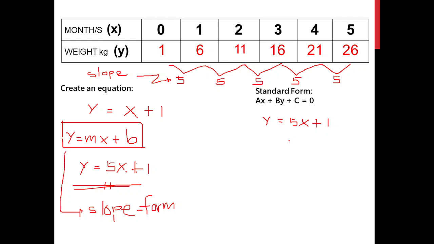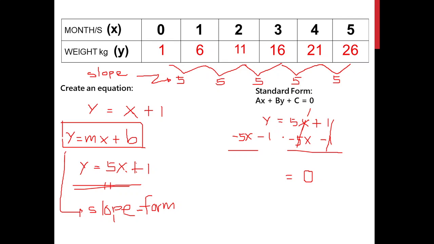So since 5x is positive, we'll add a negative 5x here. Since 1 is positive, let's add a negative 1 here. And what we do on the other side will also be doing in the other side of the equation. So let's add another negative 5x here and a negative 1. Then all we need to do is to add everything. Positive 5x and negative 5x will cancel out. That is equal to 0. Positive 1 and negative 1 cancels out because that's equate to 0. Let's just bring down the equal sign first here. So this one here, everything equates to 0.